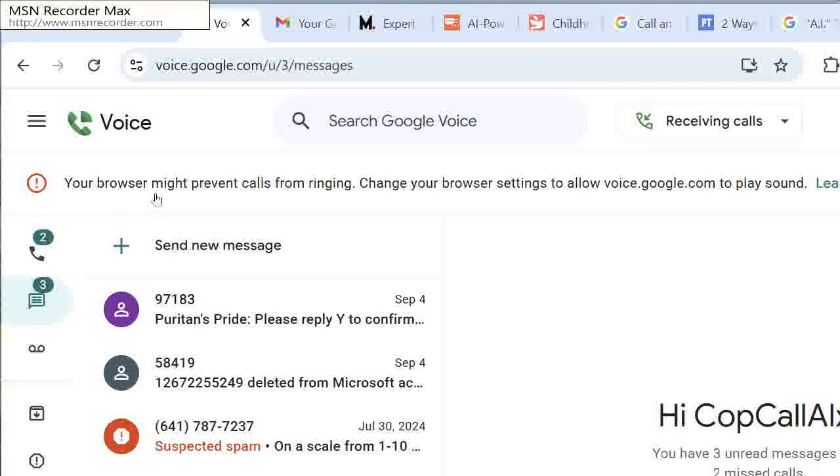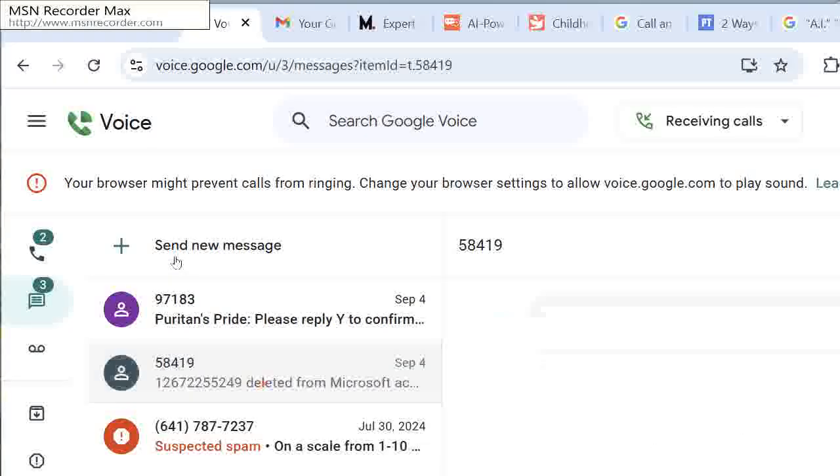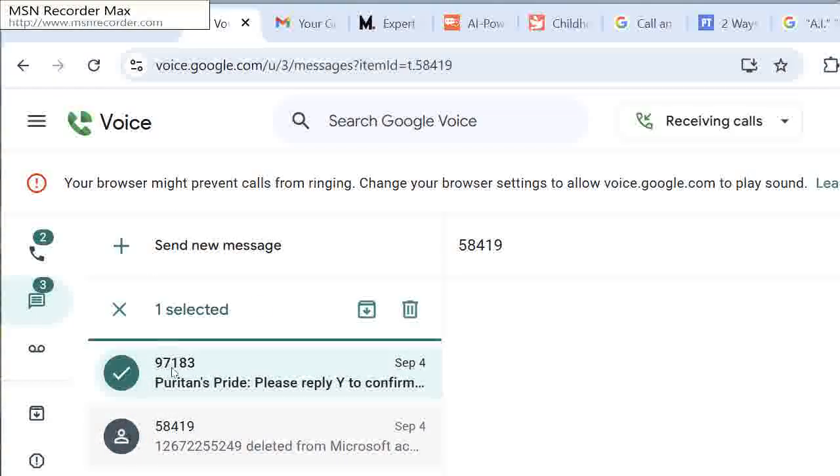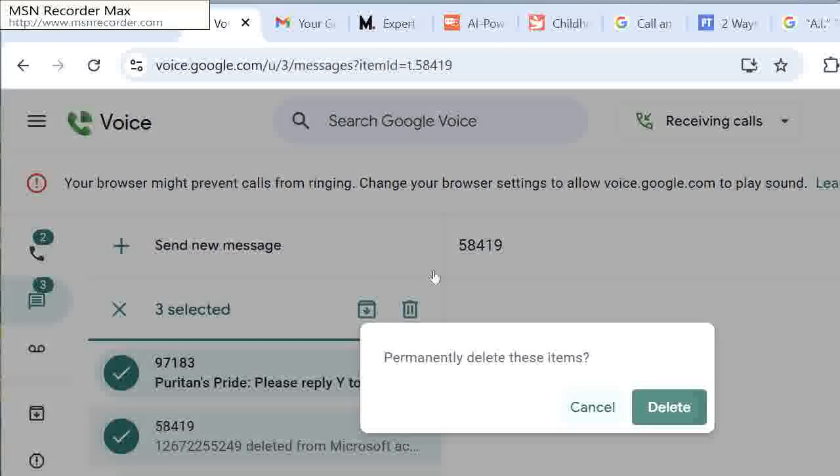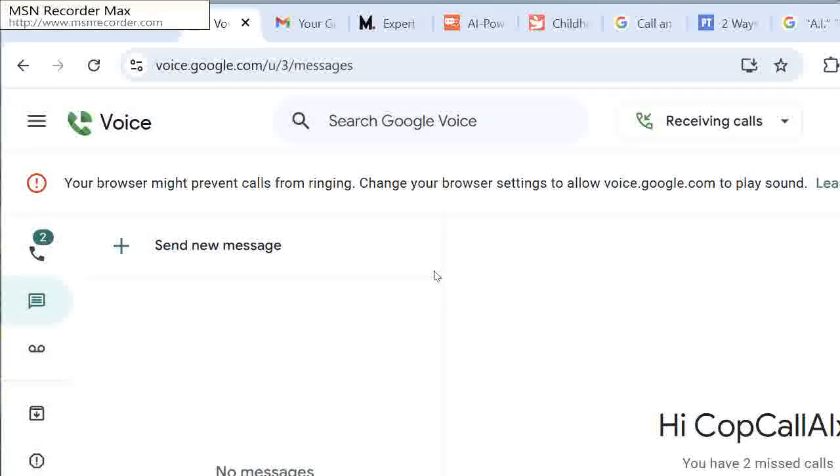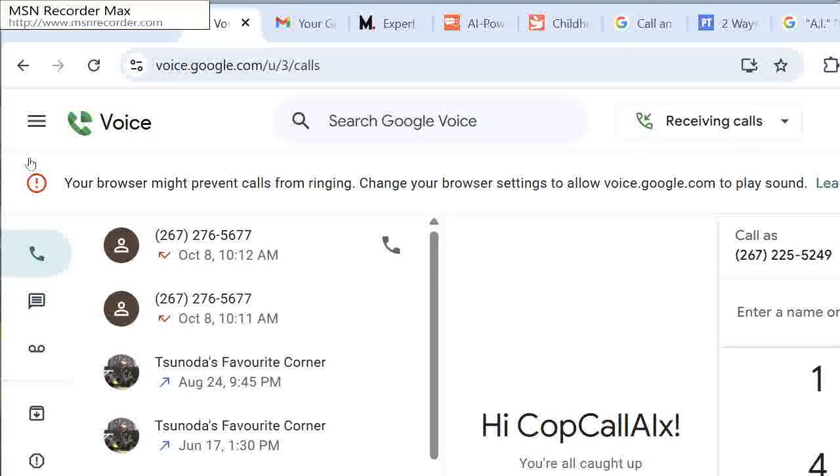Let me see what I got at the bottom here. And here's a couple more spammies that I need to get rid of. Delete the spammies. Now I want to go back to the Gmail and delete the spammies there. Mark all of them for deletion. Delete all the spammies here. And now proceed to